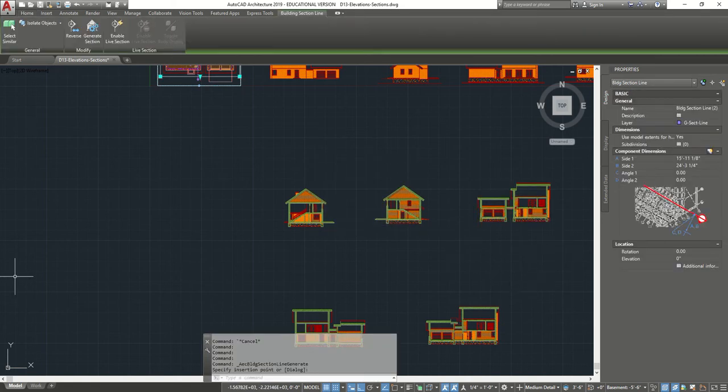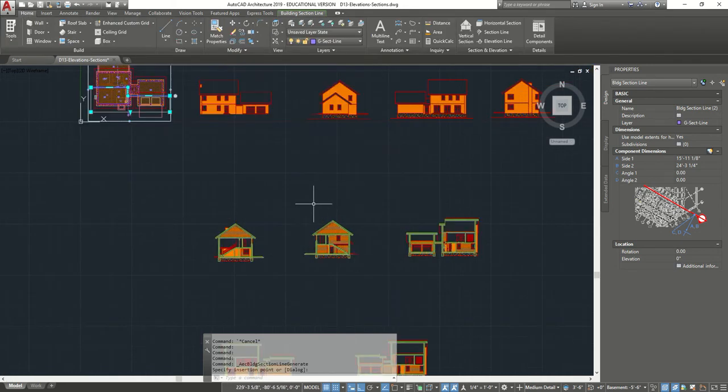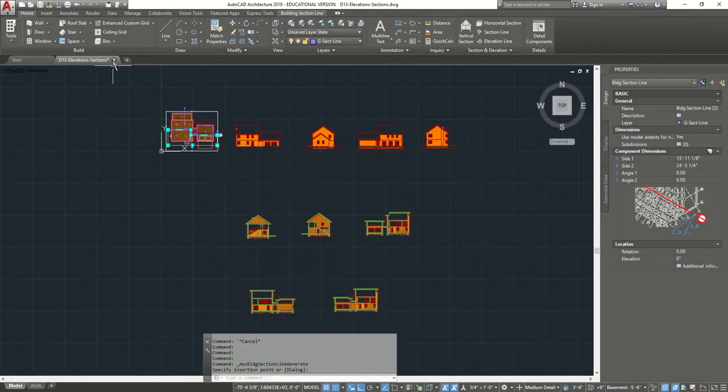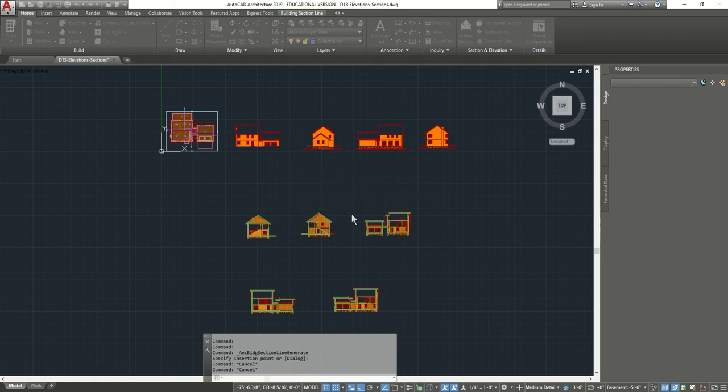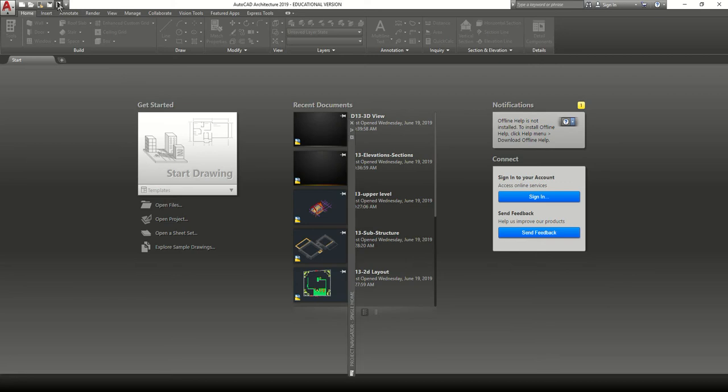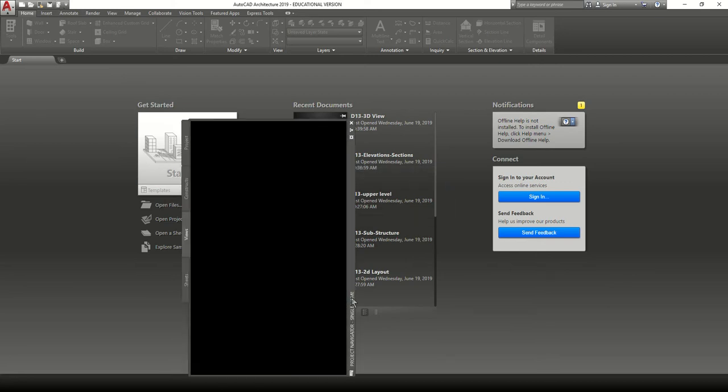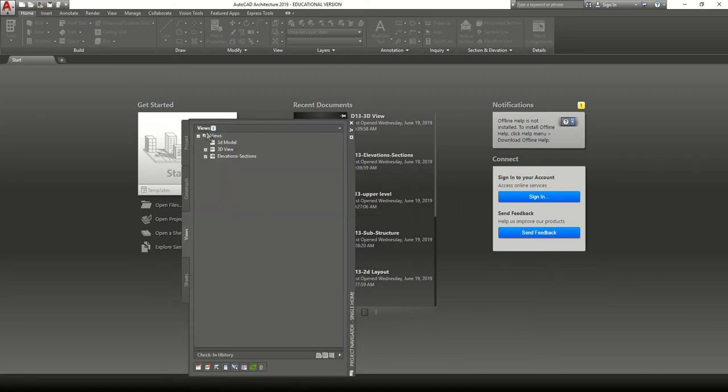Good. Now we're going to create named model space views as well. So let's go back to where we were before. I have 1,000 pictures here. I'm just going to close this file and save it because I want to keep it. And now I'm going to go back, open up our project navigator, and right click on